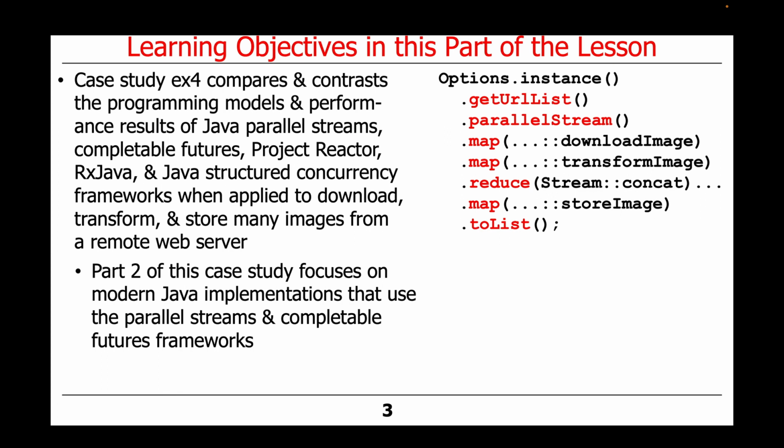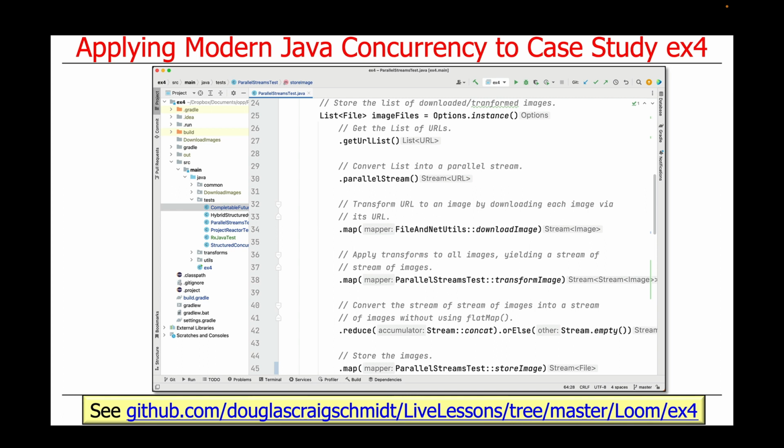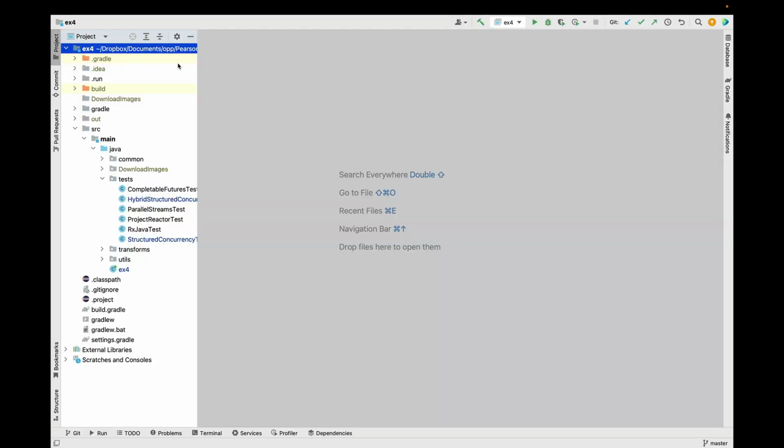completable futures frameworks. And we compare and contrast that with what we did in part 1, where we looked at Java structured concurrency mechanisms. You can get this code from the ex4 project in my Loom directory in my LiveLessons GitHub repository. So once again, we're in the ex4 directory in my IntelliJ project, and we're going to take